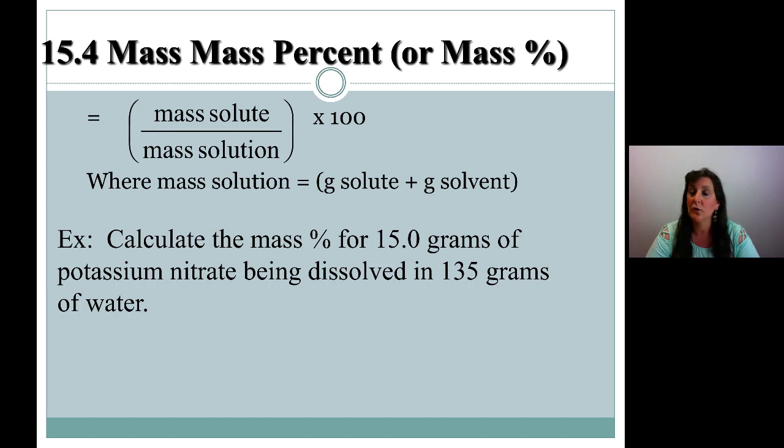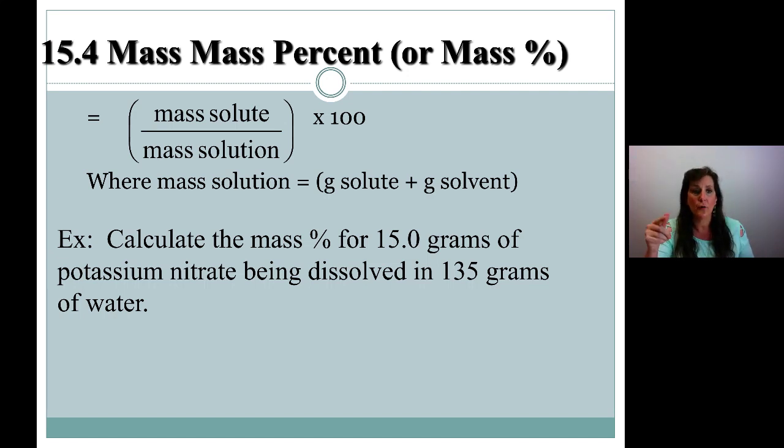Now we're talking about a solution. So the part is the solute, and it's a mass percent, so it's the mass of the solute over the total, which is the solution, not the solvent, but the total, the solution. So mass of solute over mass of solution times 100. That's actually on the back of your periodic table. It says right here, mass of solute over mass of solution times 100%.